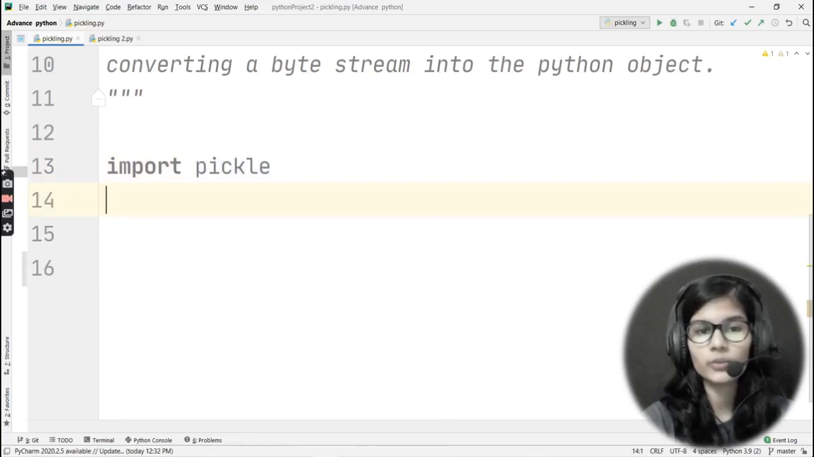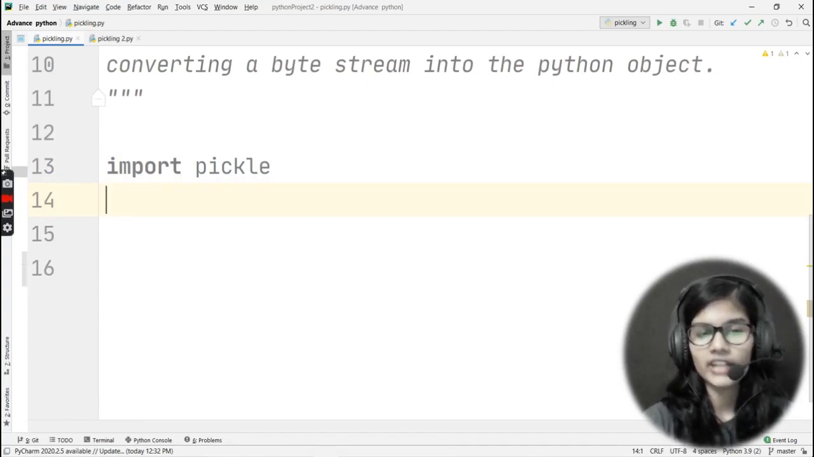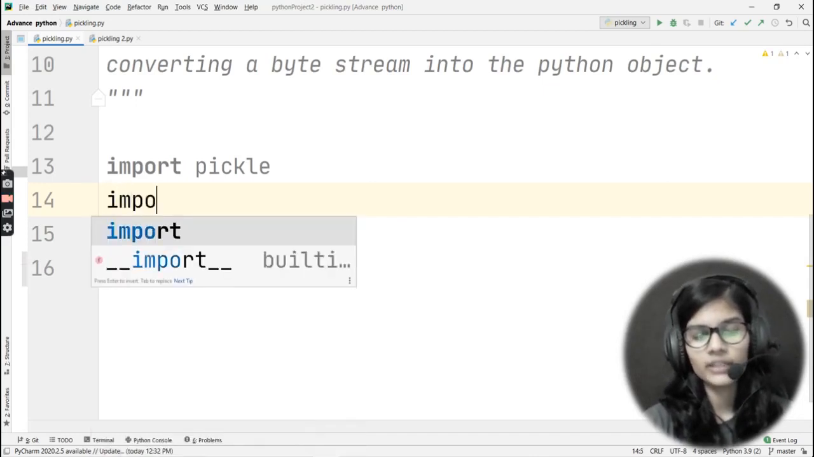So this is how we import the pickle module which we have in Python programming, and under the pickle module we have the functions which are pickling and unpickling, right? So now after this I would be importing the